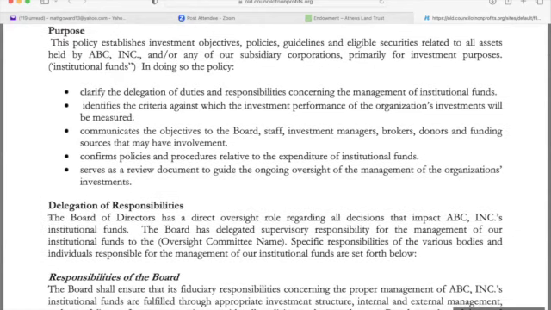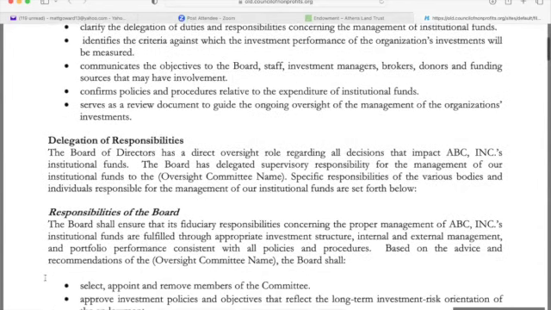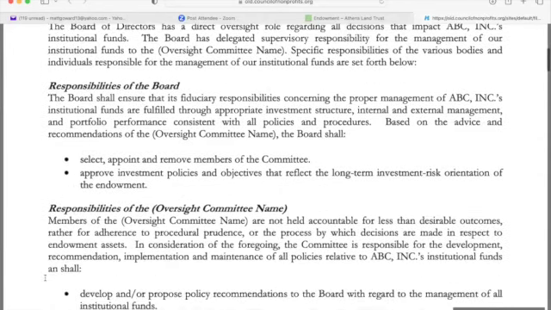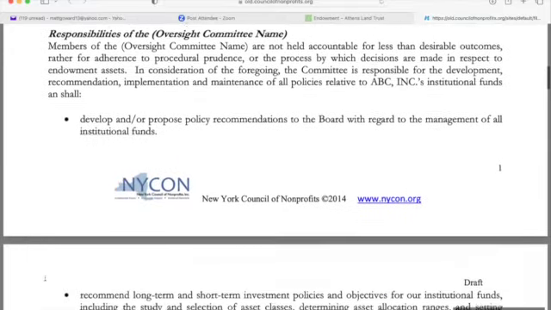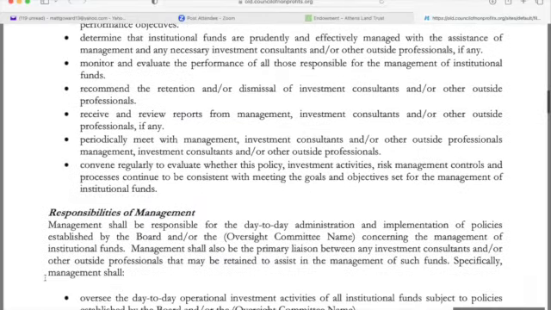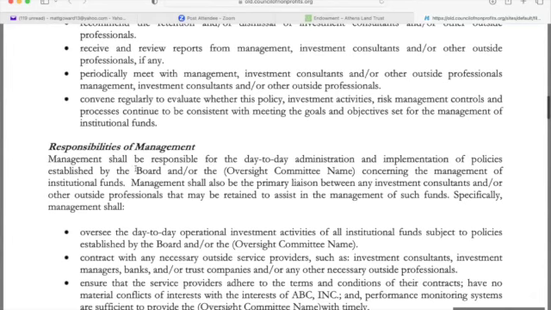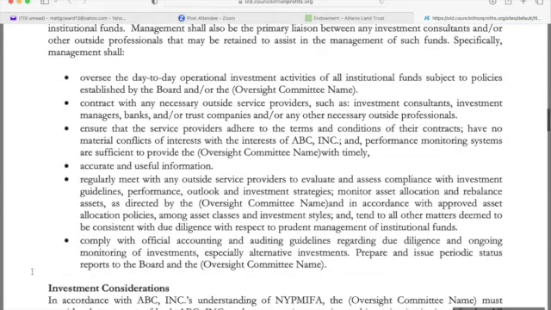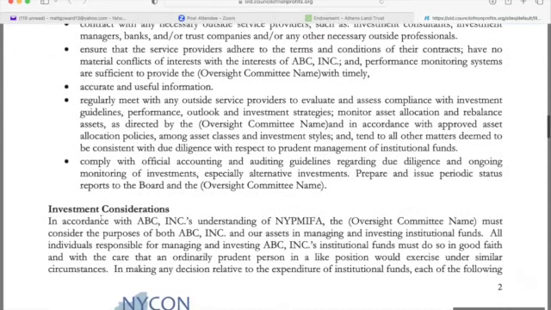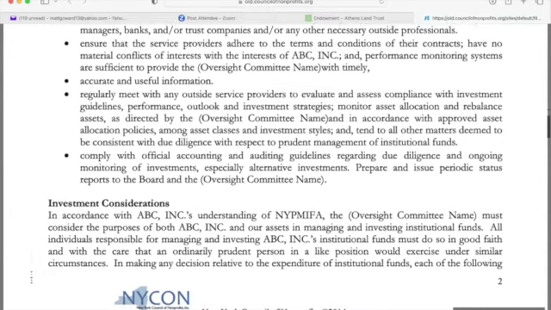It talks about the duty of the board, the duty of the investment committee, and then if you hired an outside investment manager, that person will be listed here. So responsibilities of the board, responsibilities of the oversight committee, responsibilities of management. This would be an outside manager. Investment considerations.